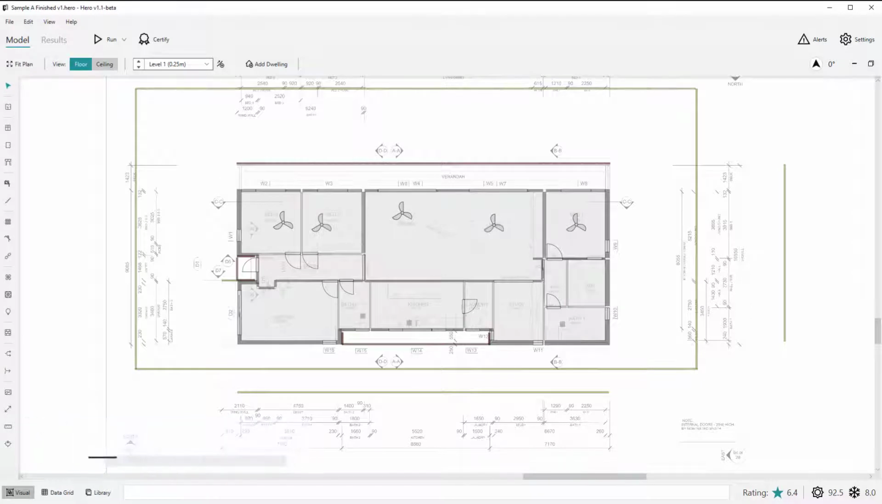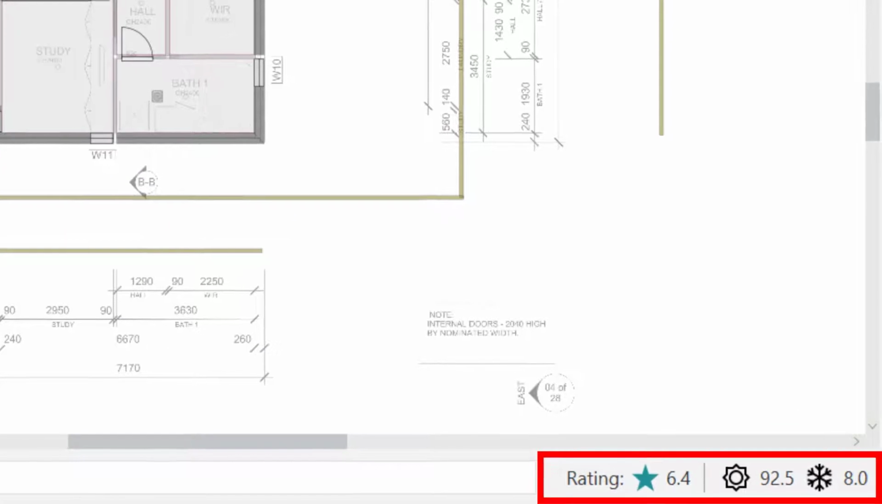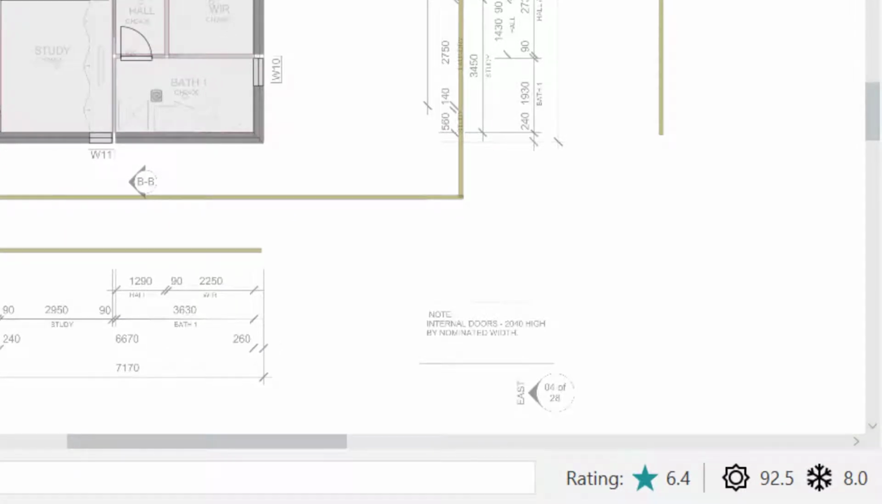Another of the main new features within Hero version 1.1 is a range of changes to the way we present results and compliance requirements, such as star ratings, heating and cooling loads, and heating and cooling load limits. One of the first things you'll notice in version 1.1 in terms of results is that the results summary shown in the status bar or bottom right of the model view now shows heating and cooling loads for your project,